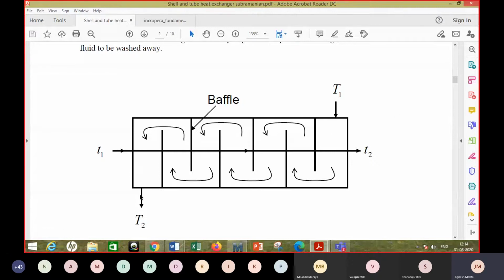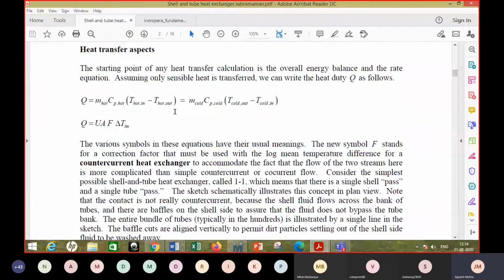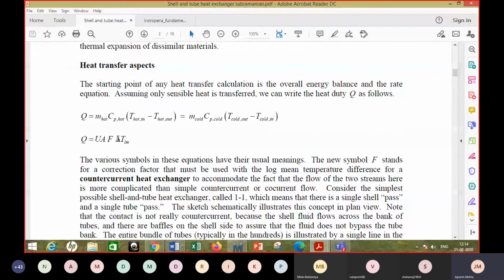So you find out the temperature difference between these two, and between these two. So delta T1 and delta T2, and then you can find out the log mean temperature difference from the point of view of counterflow. Okay, so that will be this, but then you know that it's not purely counterflow, though many times when you put more baffles and the area is properly utilized, you may find that this correction factor is quite large.